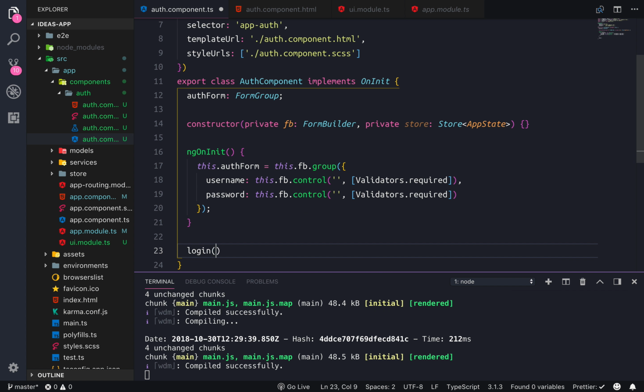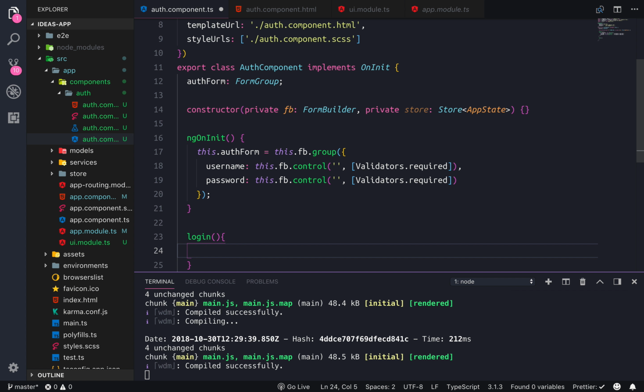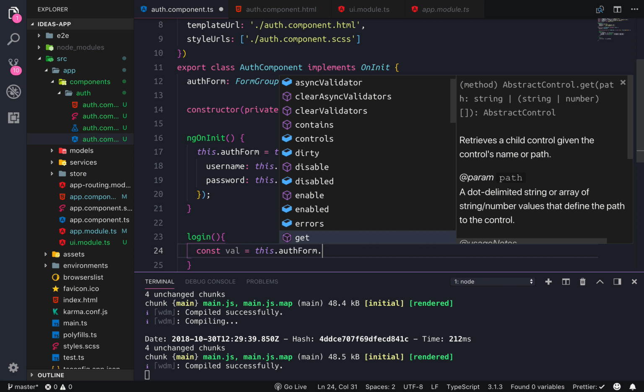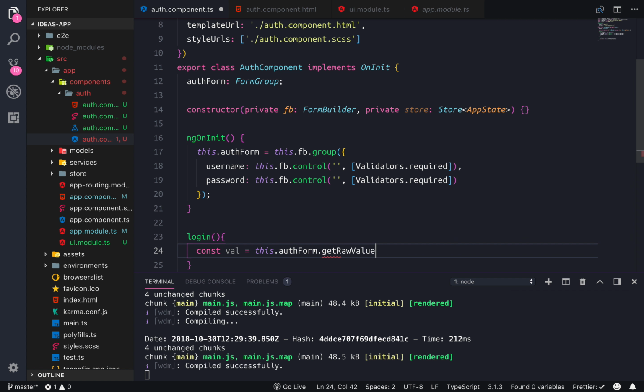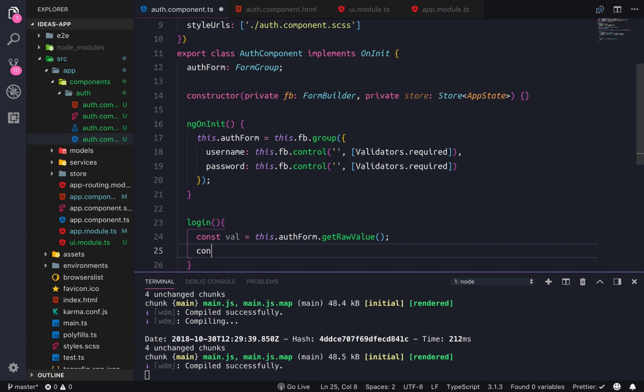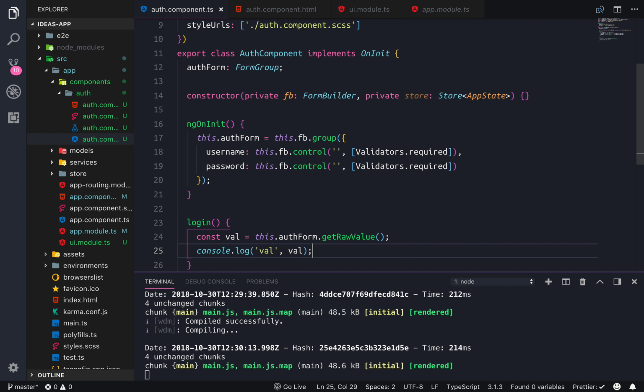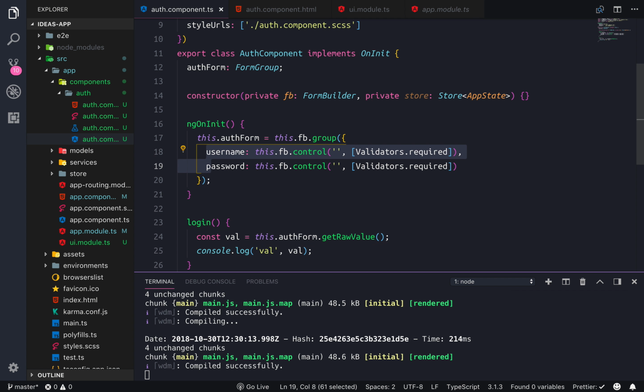So login is gonna be a simple method where we're gonna get the value from this.authForm.getRawValue, and we're gonna console log it for now, so that you can see what the value looks like. But it is just an object of the username and password with the values filled in,